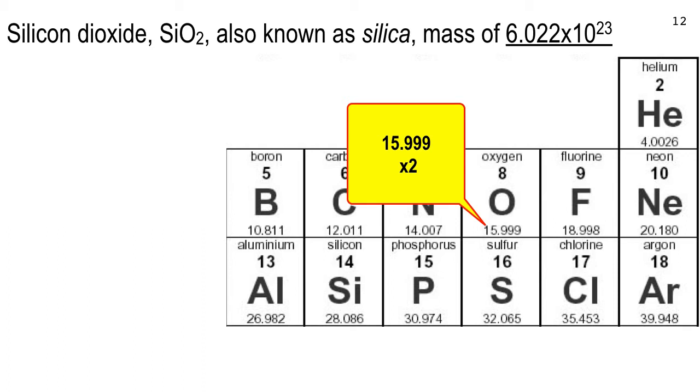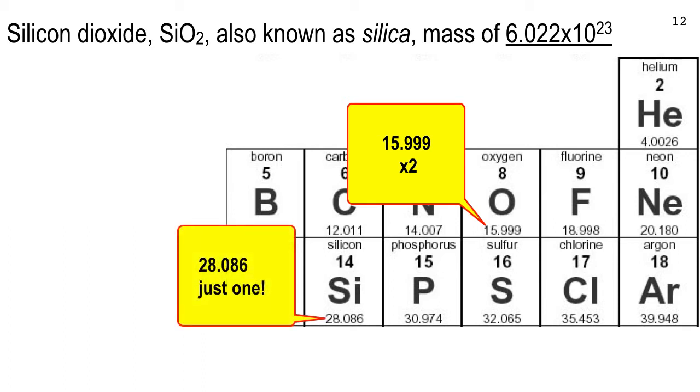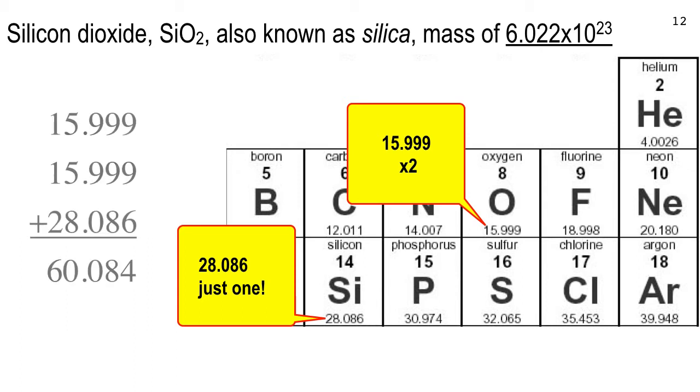Right? Then you got 1 silicon, that's 28.086 AMUs. Now that's the number of AMUs in 1 molecule. Right? So if you stack them up, 15.999 plus 15.999 plus 28.086, total 60.084 AMUs for 1 molecule